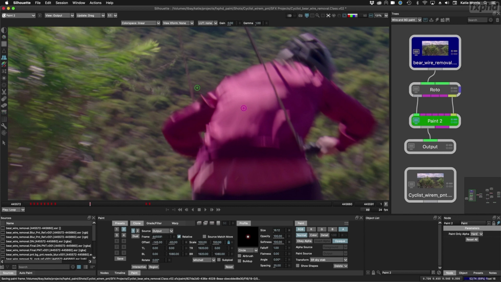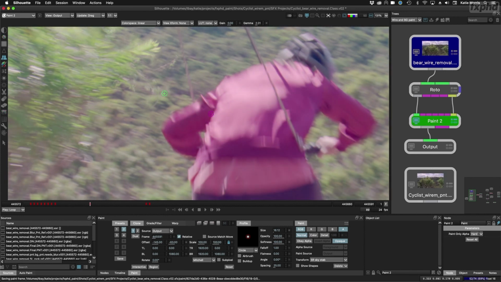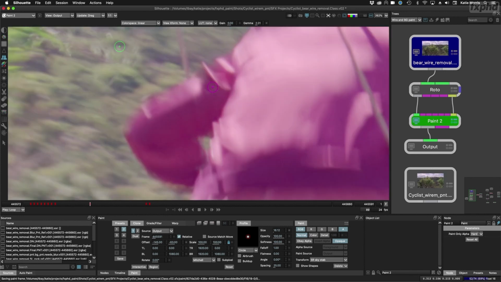Another thing I like to do is paint with no color correction in the viewer, but then you also want to change this and look at your paint to make sure that you don't have any lines that you don't want. So I'm going to up this. If I zoom in here, you can see a couple areas that might not be good. So I'm back in the clone tool. I might just take the opacity down. So shift, and I'm just going to get rid of some of these artifacts